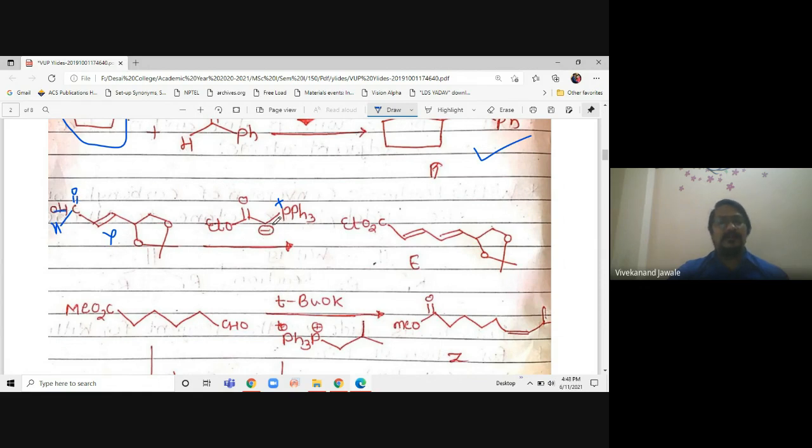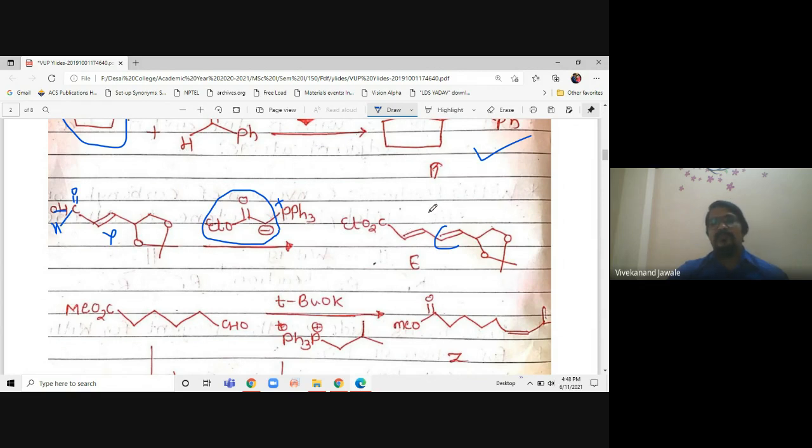Again, I am telling you, whatever the group which is present, you just have to lift this group. Nobody is going to ask you the mechanism, but finding the product is important. So you have to just lift this group from this and put it here instead of oxygen. So see, similarly, I have put it. What I did, I have written this double bond here, and instead of this oxygen there is a carbon, double bond oxygen. So instead of double bond oxygen I have put the whole group over here.